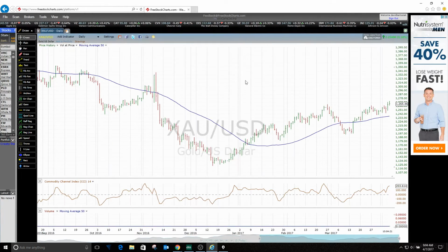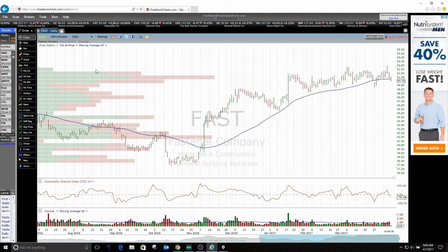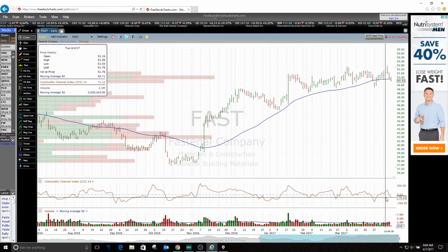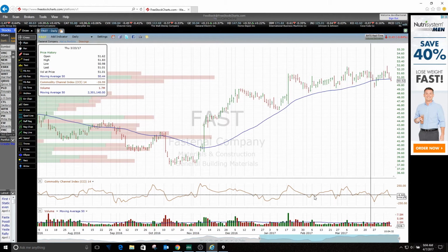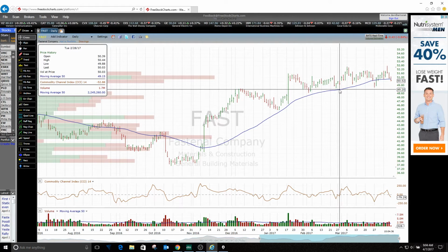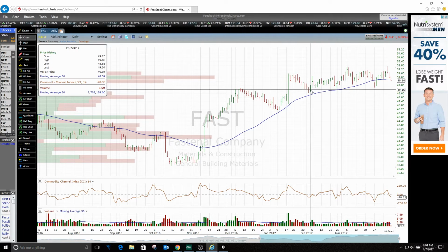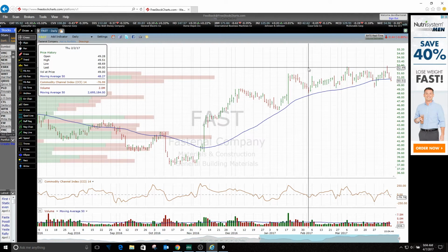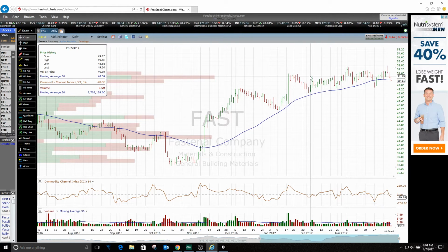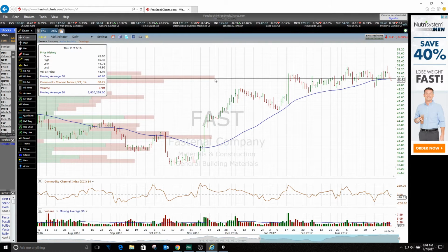We're talking about Fastenal. So let's go ahead and put up the Fastenal chart. You'll see they're getting a little bit of support here at the 50-day moving average. The commodity channel index has been chopping right around the zero line for a very long time. We've been in a little bit of a consolidation range here, kind of 49 and change for the most part, up to 50 and 52 and a half. Most of this action has been in the 51 handle, 51 and a half handle. And that's where you see here on my